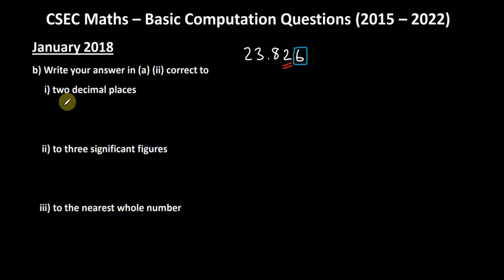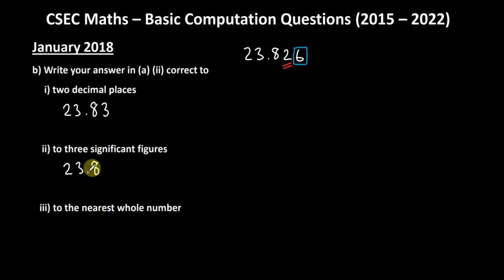So our answer here would actually be 23.83. Now the second part asks us to write the digit to 3 significant figures, right? And the rule with significant figures is that all non-zero digits are significant. Therefore, we'll only rewrite the first 3 digits here. So it's